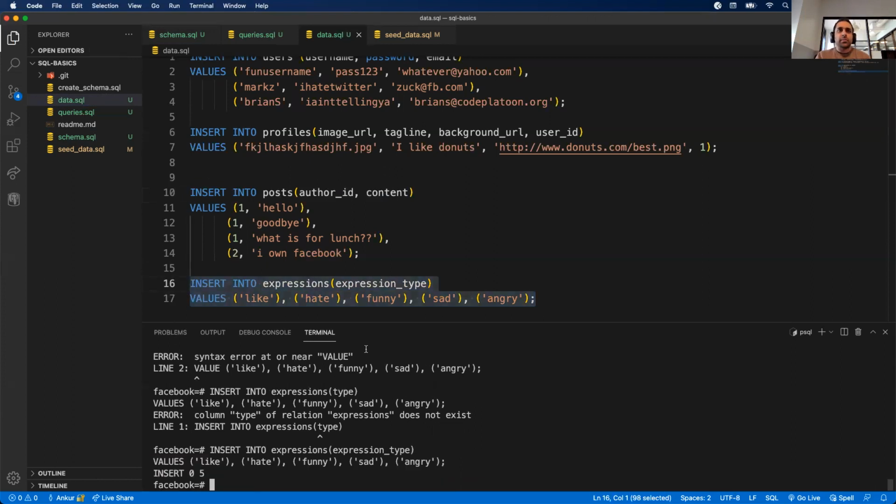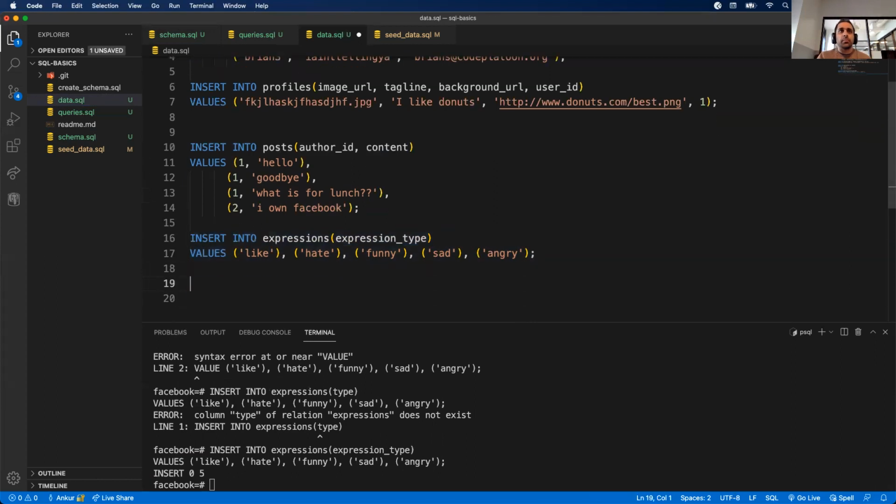Okay, so we inserted 5 expression types. Let's quickly do some join table entries, do a query, and then hopefully get your lunch. I know you guys are hungry. So insert into